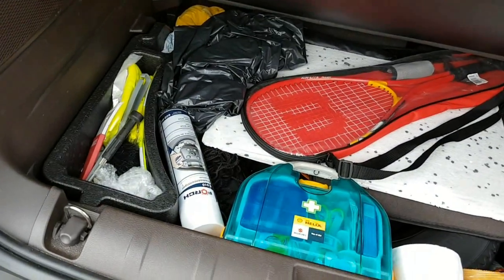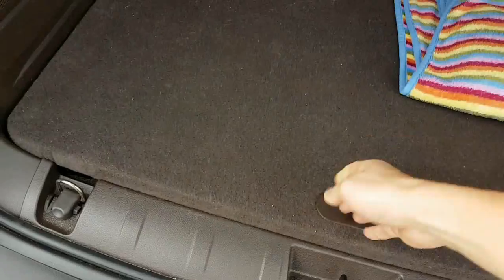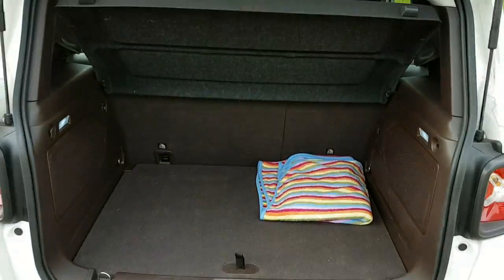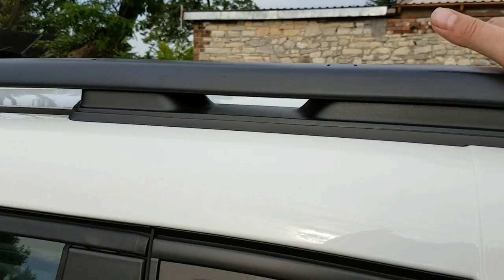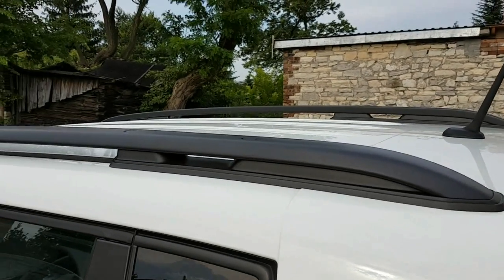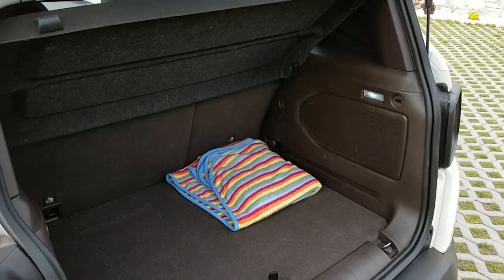Here, unfortunately, I was able to put only some small things, and this is of course not enough for transport when you go on holidays with 2 children. Of course, we can use our railings, which I really like because I already use them, and you can put the transportation box up. The other thing which I do not like in this car